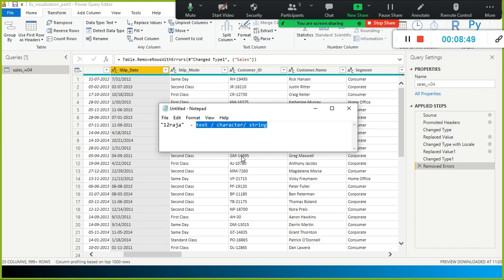All these three refer to the same thing, but different languages use different naming conventions or terminologies for the same data type.